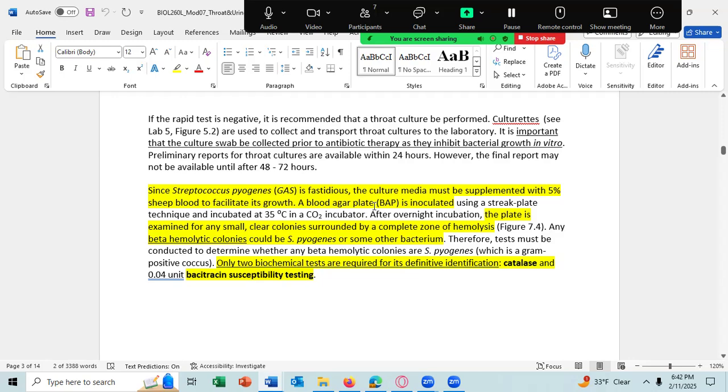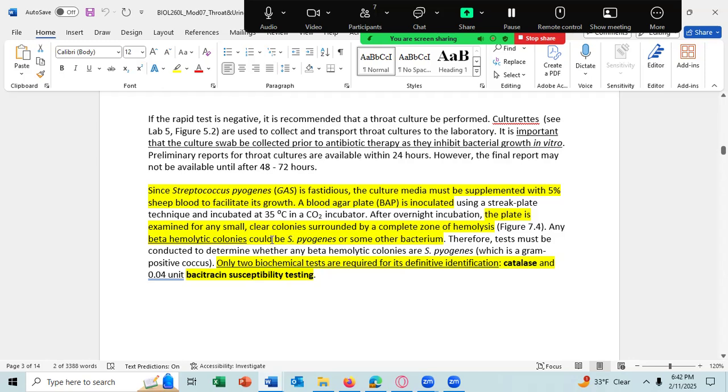We swab their throat or tonsils or both, and then swab the plate with the swab. Then you grow the plate and look for small colonies, usually white colonies, surrounded by a complete zone of hemolysis,